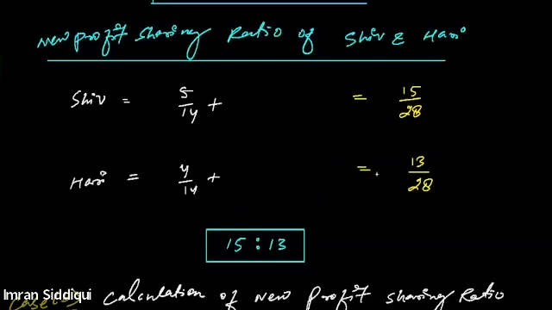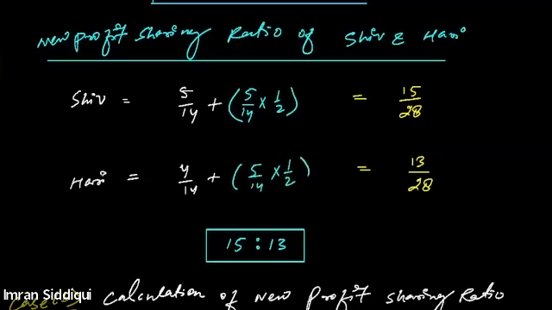Currently Shiv and Hari are sharing the profit in the ratio of 5/14 and 4/14, right? But they will be acquiring half of Mohan's profit equally. Each of them will get half of Mohan's profit sharing ratio as well. Currently Mohan's profit sharing ratio is 5/14, and half of this will be taken over by Shiv. So we will add whatever value we get to Shiv's existing profit sharing ratio. And the same will be done for Hari as well, 5/14